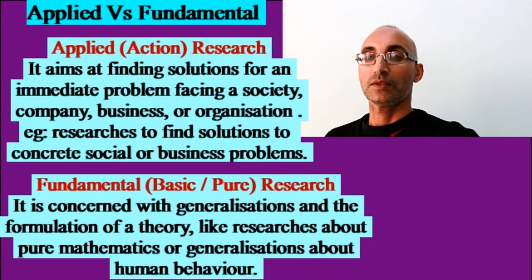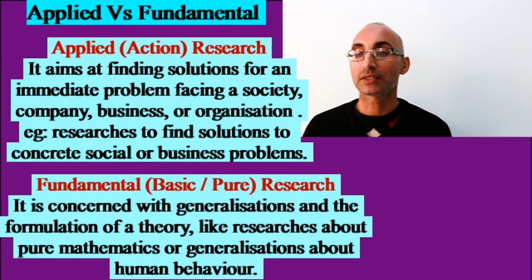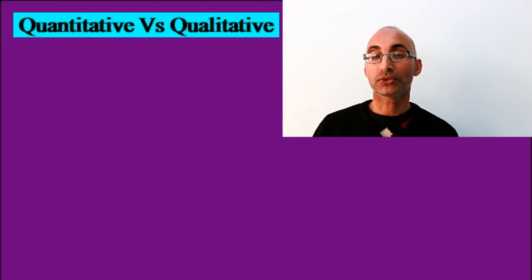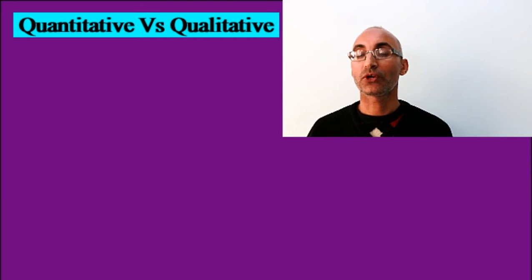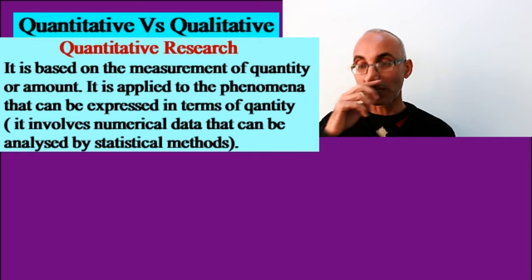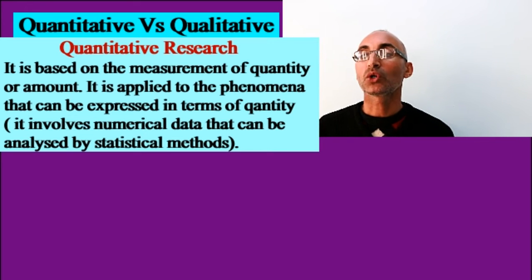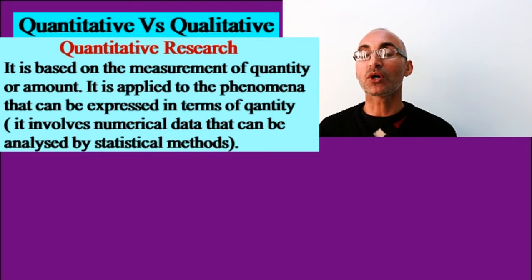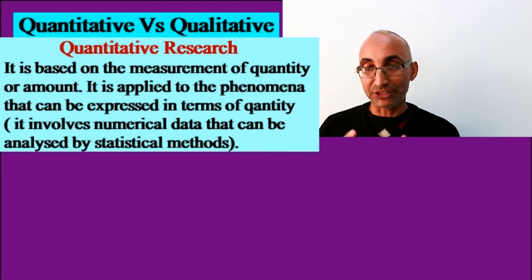Third division is another division which is also very important, represents the division of the two types. Quantitative research from quantity, measurements, versus qualitative research from quality. Right. Here also by quantitative we refer to the research which is based on the measurement of quantity or amount. It's applied to phenomena that can be expressed in terms of quantity. Right. Any phenomenon which is subject to